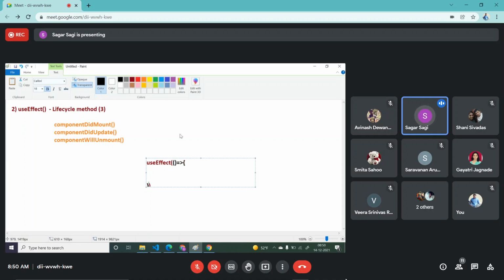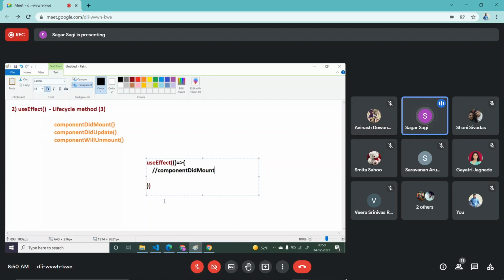These callback functions are responsible to behave with this componentDidMount, didUpdate, and willUnmount. So whenever you write this callback function, first time, whenever your component is going to load, that time this callback function will act like componentDidMount.